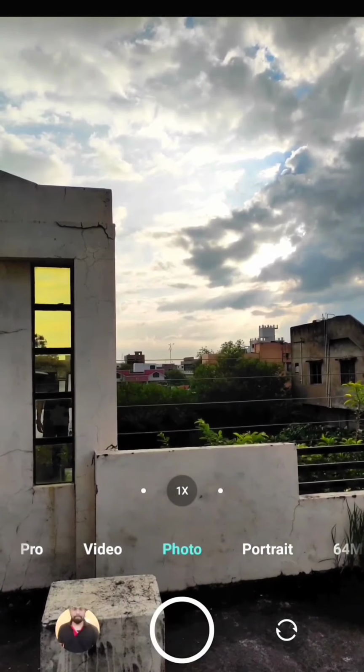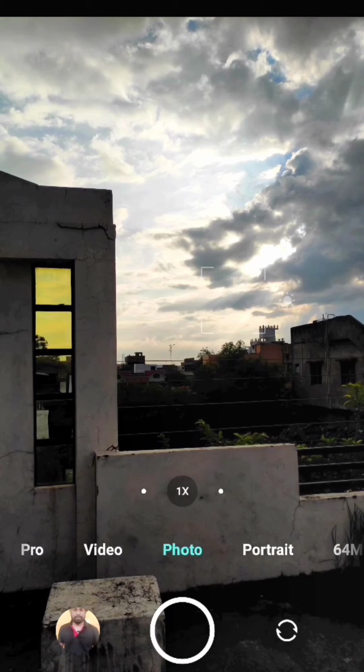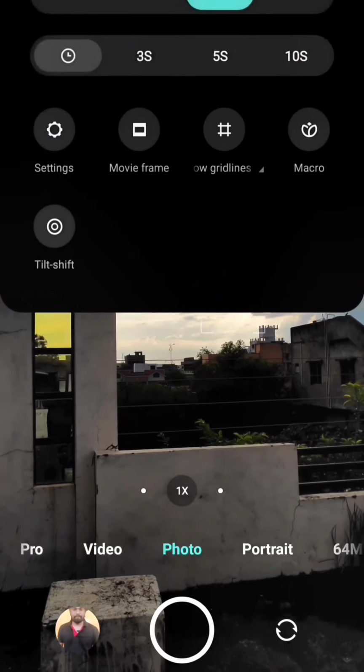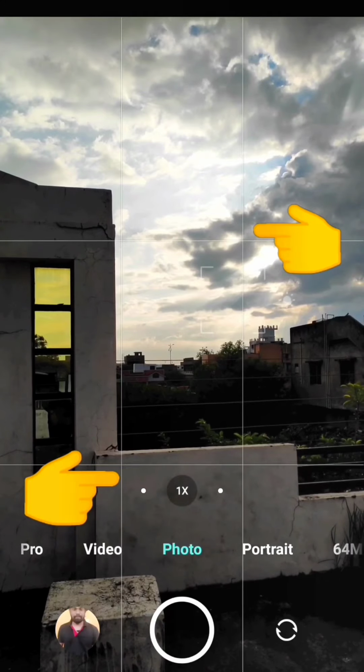Okay, so here is my mobile phone screen, and before we move ahead, I want to point out a few basic things you must be knowing, like cleaning up your camera lenses before clicking any picture and protecting the lens from scratches and damages. Apart from that, the very first thing I would suggest to improve your mobile photography game is to turn on the grid lines. This should look something like this. So what are the benefits of grid lines?